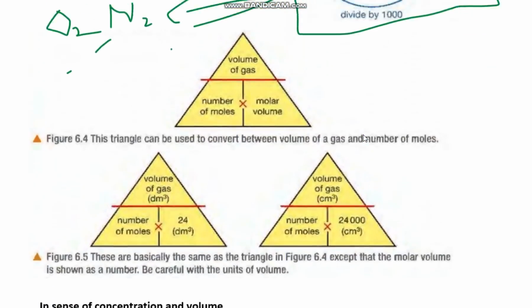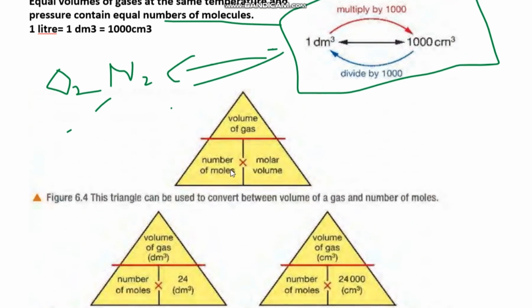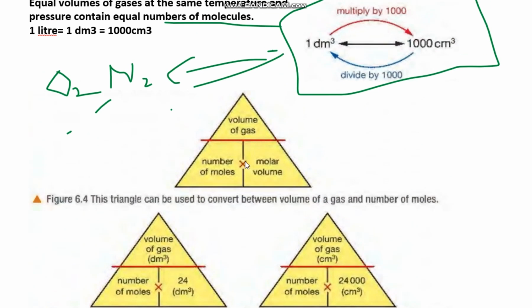I will just let you know with the formula here. So volume of gas equals number of moles times molar volume. Molar volume is a constant, which is 24 decimeter cube,